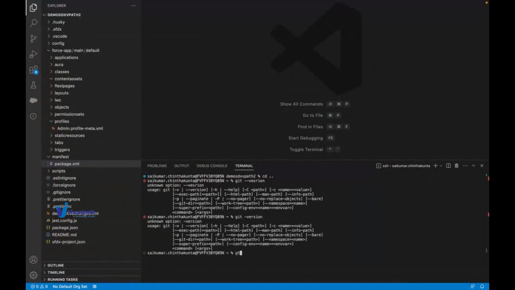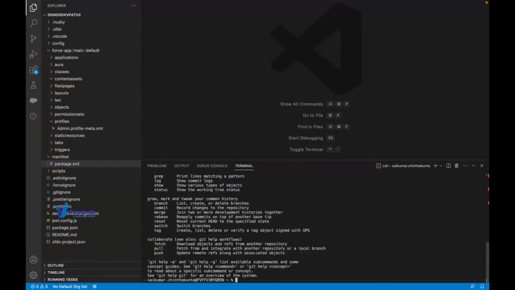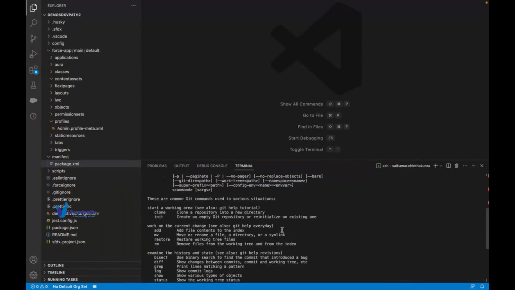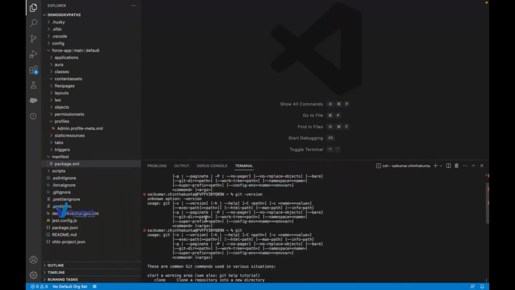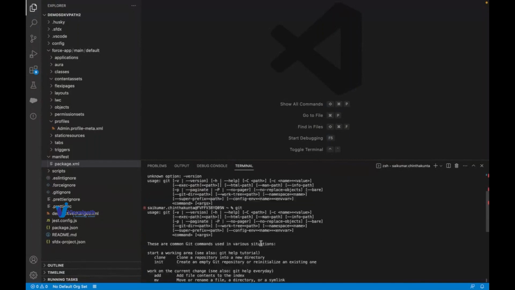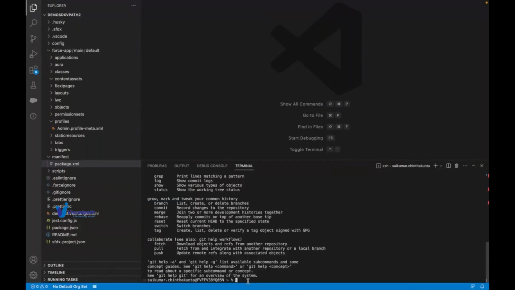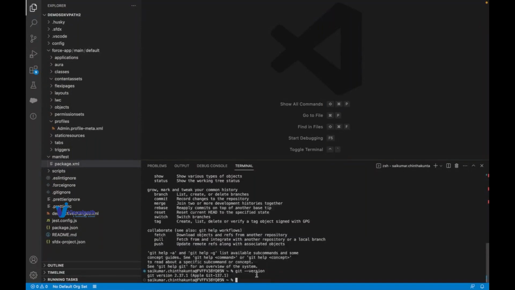So let me simply type in git hyphen v. Okay. When I typed in git space hyphen hyphen version, it is displaying the